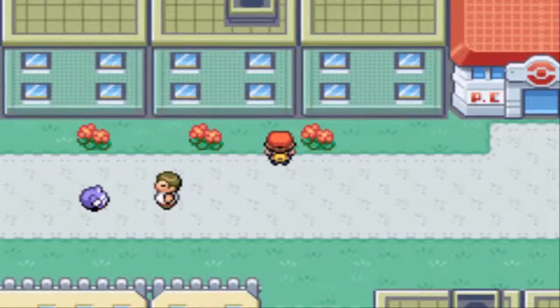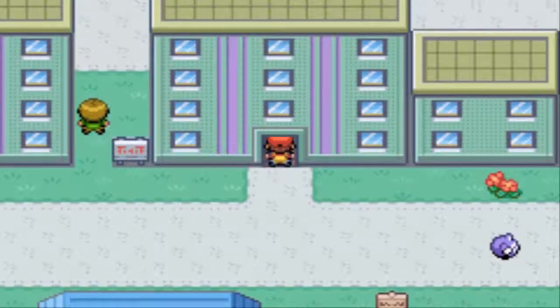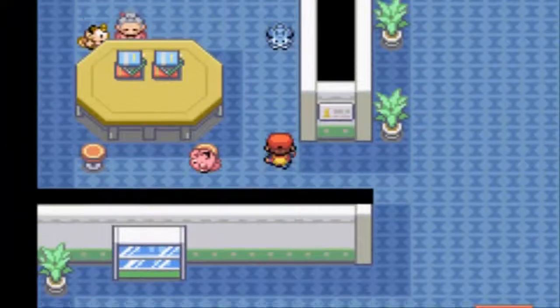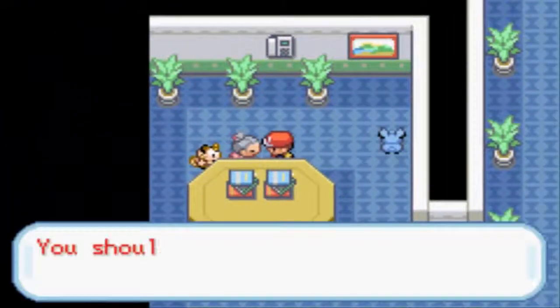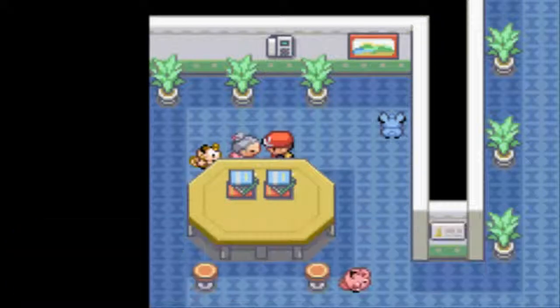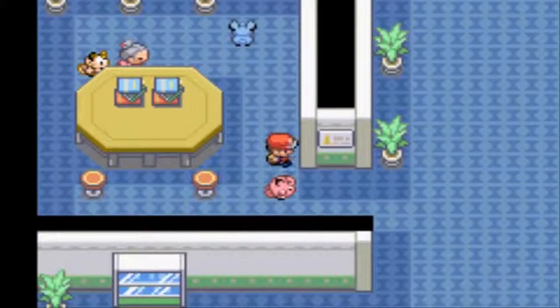But one thing I forgot to show since I got into Celadon City was the fact that you're supposed to go in here, and when you go in here, you can head up here and talk to this old lady, and she will give you the tea. Nothing beats the thirst. It really is the best. So yeah,